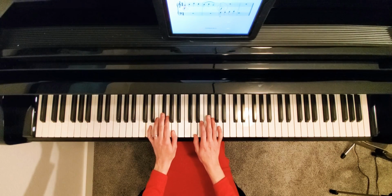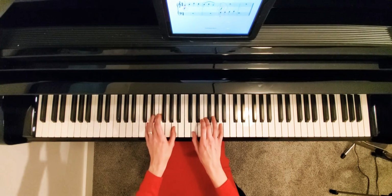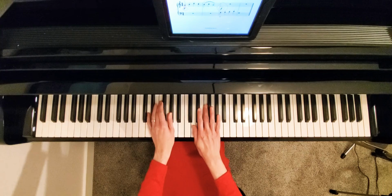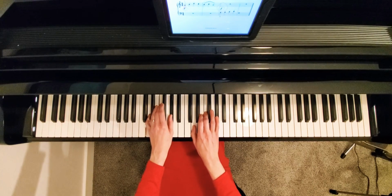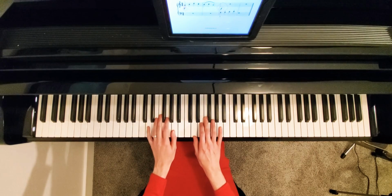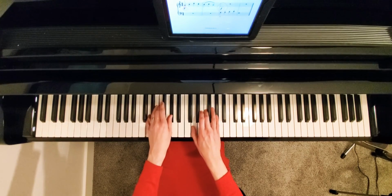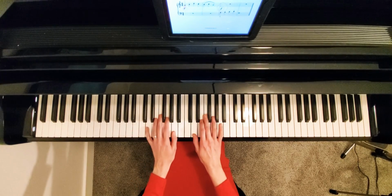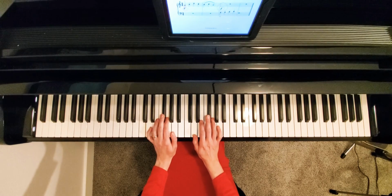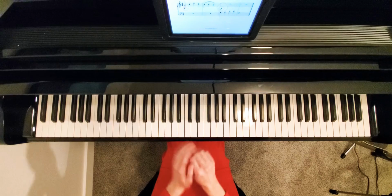1, 2, ready, go. 1, 2, 3, 4. Now a little bit faster. 1, 2, ready, go. And even faster. 1, 2, ready, go. 1, 2, 3, 4. And that's how you